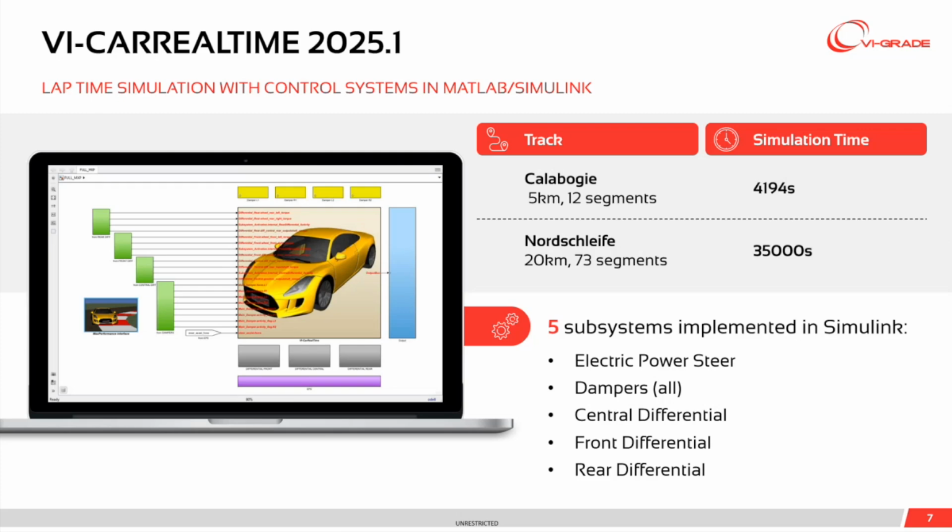In addition, investigation mode, even if it is compatible with the Simulink co-simulation, is not very efficient, especially when the number of factor combinations to explore is very big. And last, but also very impacting, when running max performance simulations, there are significant efficiency limitations when co-simulating Simulink and VI-CarRealTime together. To give you an example, which I depicted also in the slide, running a maximum performance event